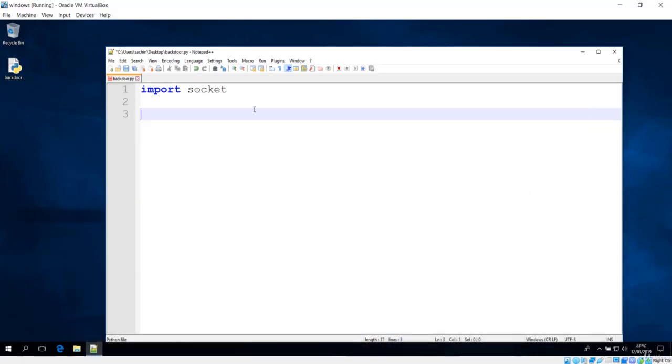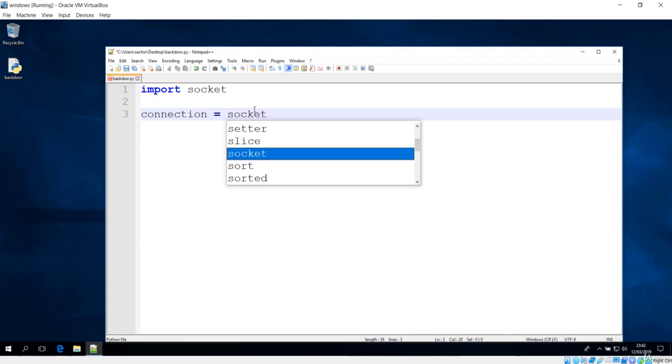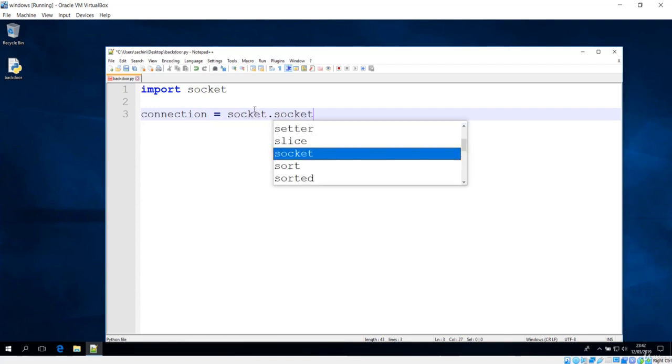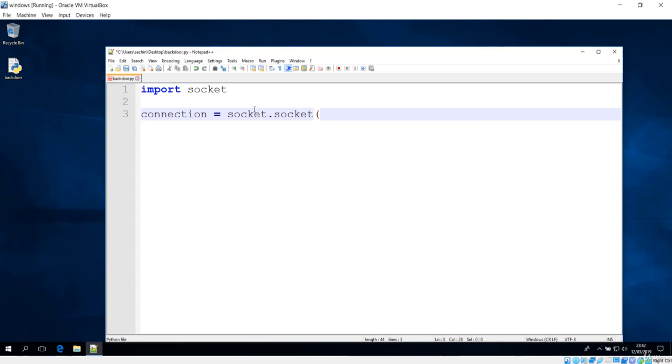So let's see how this works, and let me show you what we are going to do line by line. First we are just importing the socket module, and now let me make this connection variable, which will have this socket object. Here I am going to call that socket layer, and it is going to have two parameters. The first parameter is, let me just type this first. So what is this parameter? This is a very important parameter, and it specifies the address family.